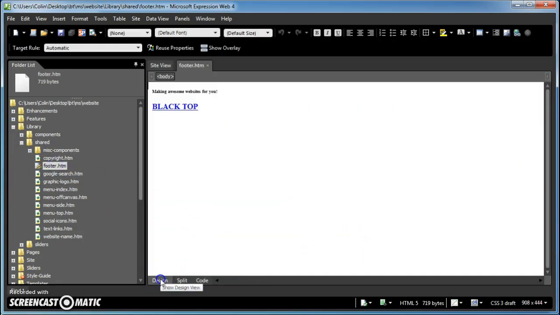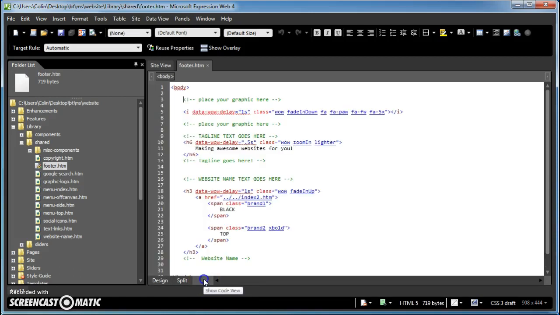Okay, now here's where I suggest that you actually flip over to code view. It's one of those things that'll keep things working a little bit better or prevent mistakes. Flip over to code view. Now go in and change your text. So right here, making awesome websites for you, or whatever the tagline happens to be, just the text in black,